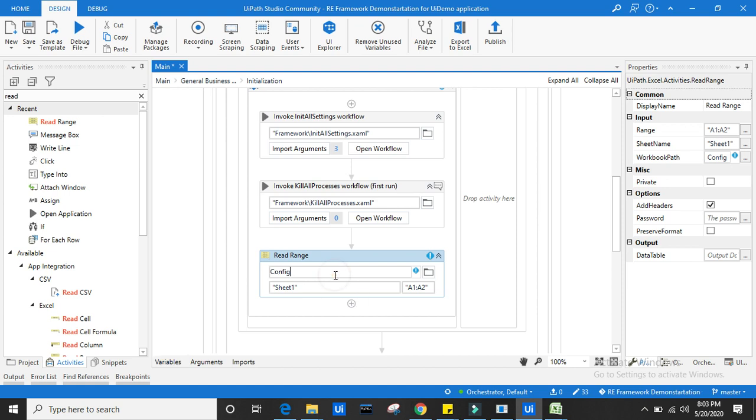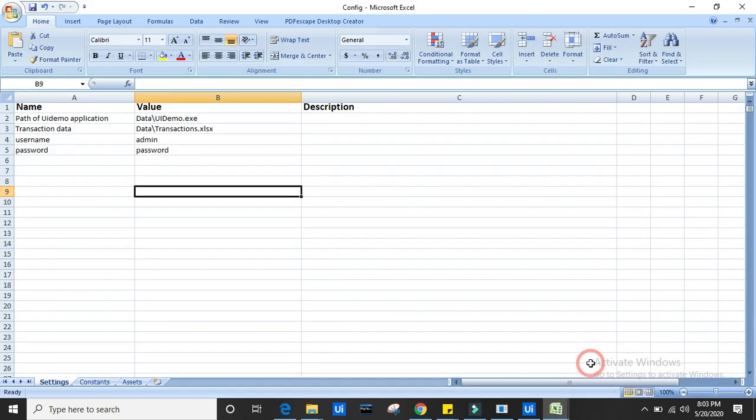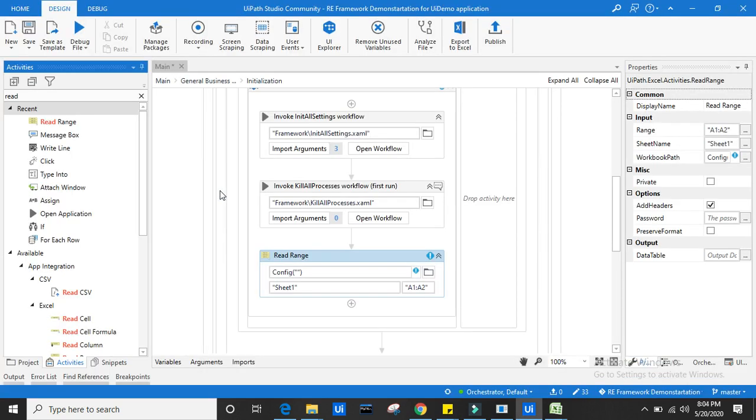Now we use config, and inside the braces and double quotes I need to give the transaction data, dot ToString.